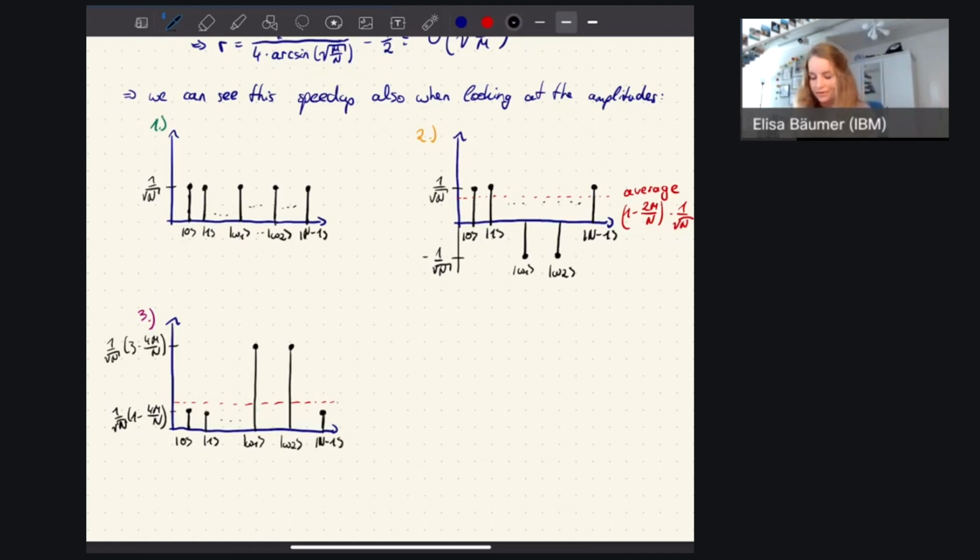So they will, of course, also have smaller amplitudes each, but since it's enough for us to find any of them, we're happy to find any of them. The goal is not to find all of them. The goal is to just find one solution that satisfies all conditions. But you can see that the solutions that we don't want decrease much faster. So adding the two up will go much faster.